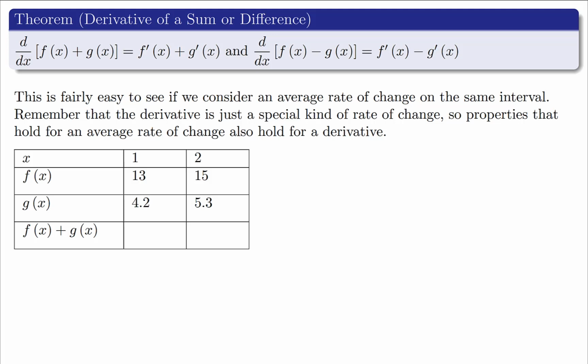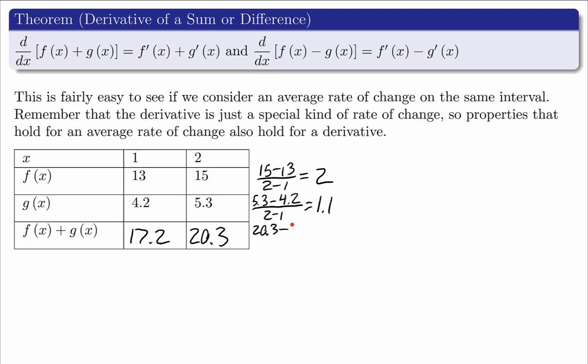derivative. So for f of x, I'm going to do 15 minus 13 over 2 minus 1, and I get 2. For g of x, I'll do 5.3 minus 4.2 over 2 minus 1, and I get 1.1. Now for f of x plus g of x, if I were to add these together, I get 17.2 and 20.3. So if I calculate that average rate of change, 20.3 minus 17.2 over 2 minus 1, notice I get